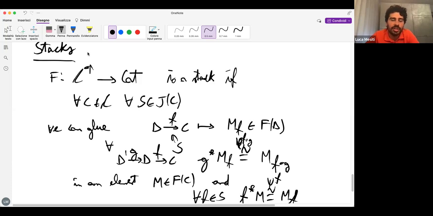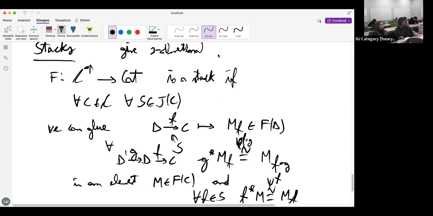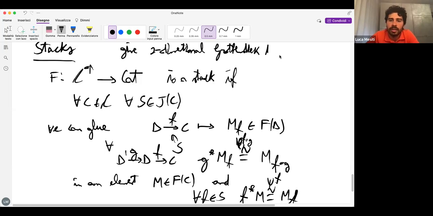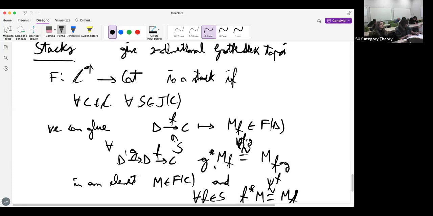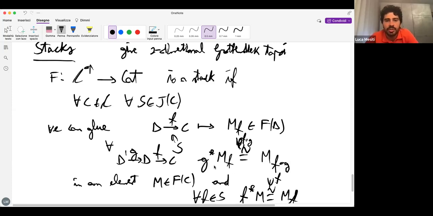Every two-dimensional Grothendieck topos is basically a two-category of stacks. So these stacks give two-dimensional Grothendieck topoi or toposes. And there is a fundamental theorem in dimension 1, which says that every Grothendieck topos is